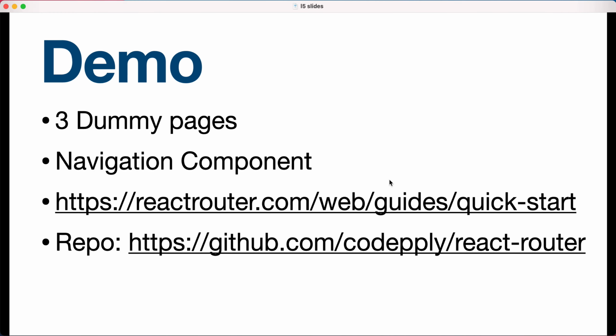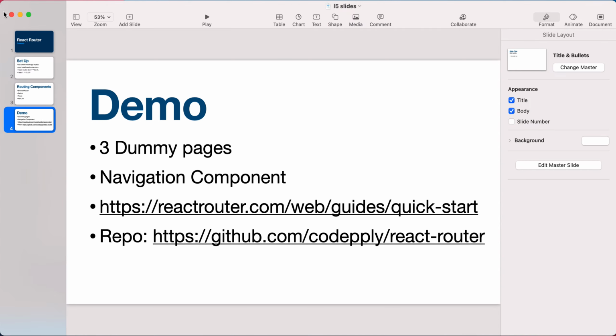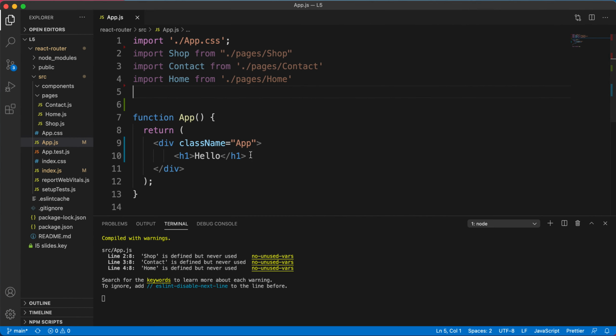Okay, for the demo, we'll just have 3 dummy pages, a nav bar, a navigation component. I would highly suggest going over and reading the official documentation, and I also uploaded the final project to GitHub, so you can access it and follow along and play around with it. Okay, now let's move to our